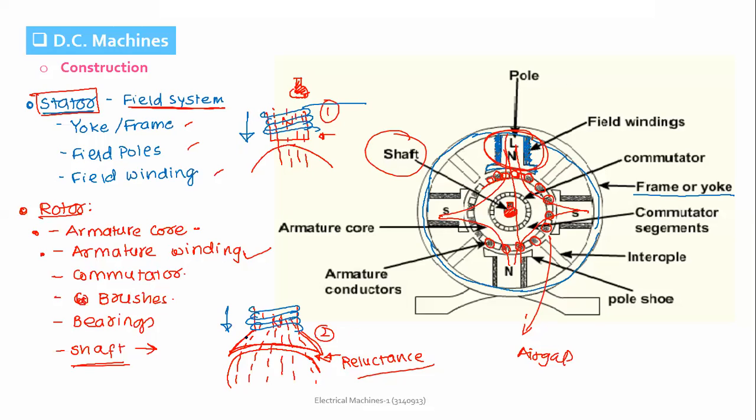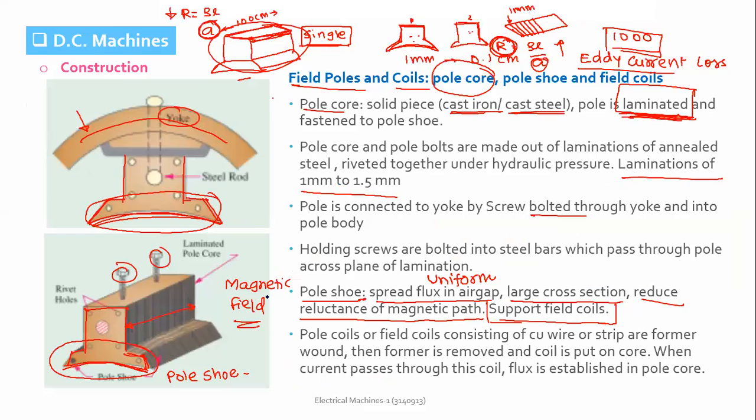Obviously with the two, because here it has a support. Field coils have a support due to the shape, so field coils will not slip out of the pole face. Otherwise, there is a chance, let's say if there are large vibrations and the field coils are not wound properly, that these field coils may slip out of the pole surface from here. That will not happen here, because the shape of the pole shoe with the large cross sectional area will support the field coils better. So I hope this is clear, what the functions of the pole shoe are.